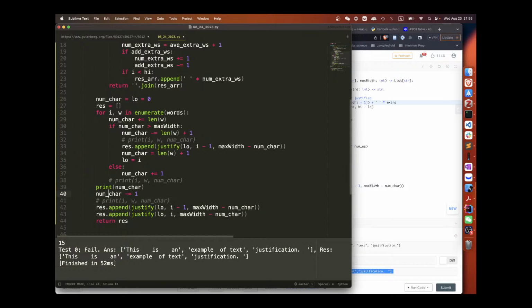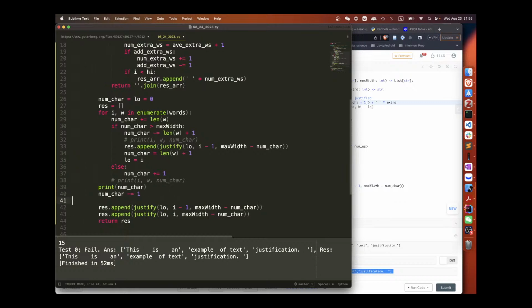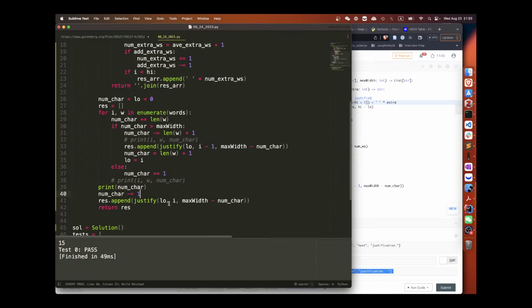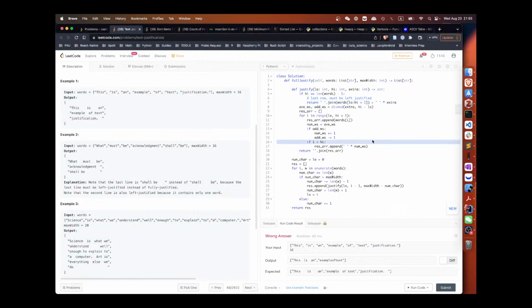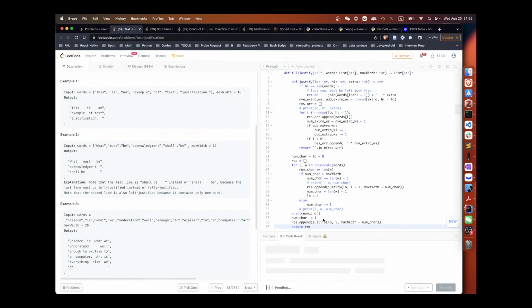And then the last one will do this. Okay, this one seems alright. Try the others. Oh, this one's right. How about the others?